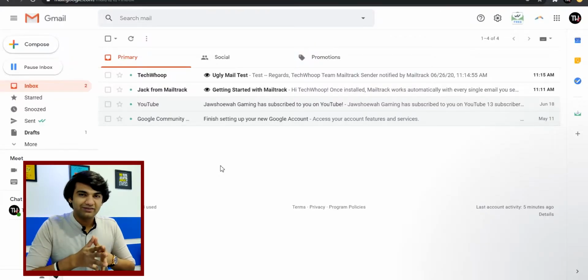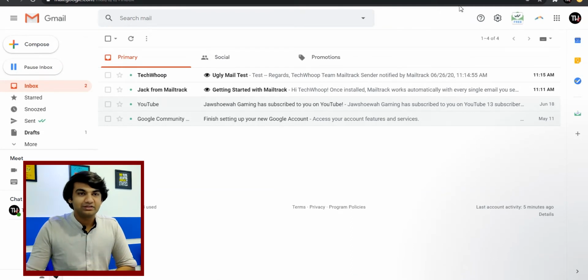The next one is mail delegation. So if you want to give access of your Gmail account to someone else, but you don't want to share your password, then this is the trick that you have to use. Basically, they'll be getting access to your entire inbox and they can view, read and delete just like normally, but it would be from their own account. Your inbox would just sync with them. So whenever they send a mail though, it would still appear as their own email ID. So it would still go through your account, but at the bottom it would be written as sent by whatever that person's name is.